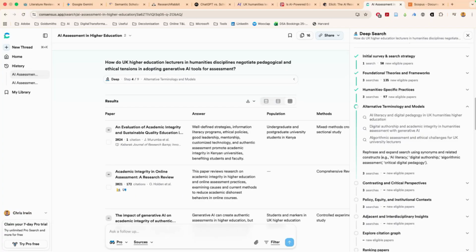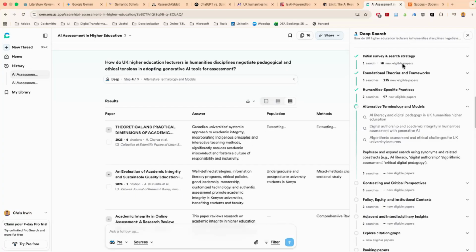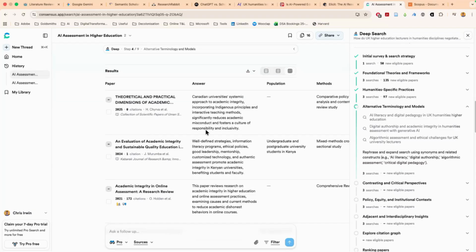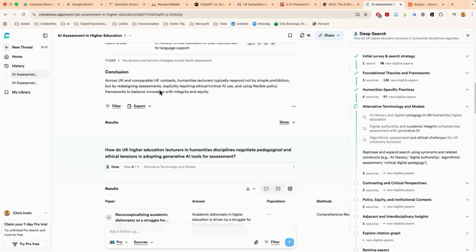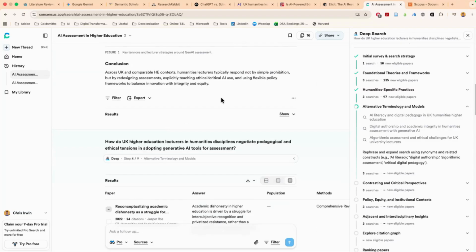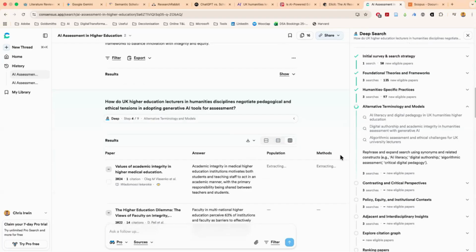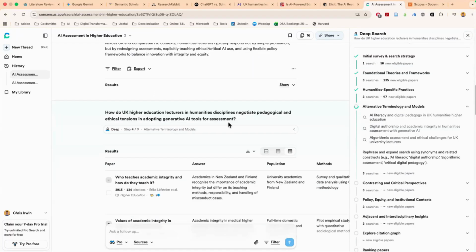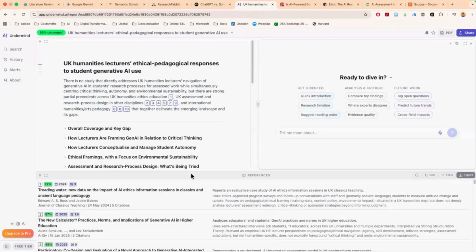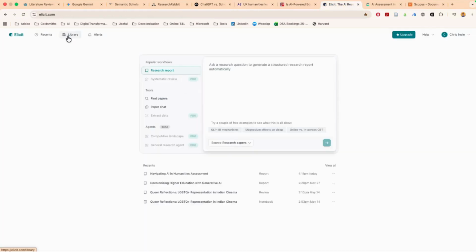Any tools that can help, like full text screening? I think some of these are kind of looking at full text screening. It's bringing up the papers that are related to my question. I can upload my own papers if I want to get a quick overview, and I can look at the tables that are visible here. If I just go back to Elicit, wherever it was, go back to